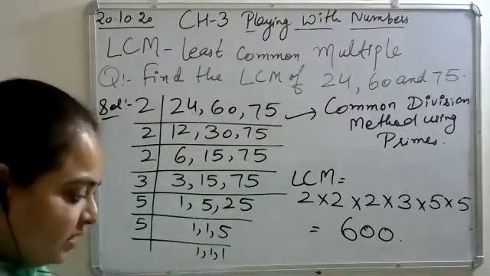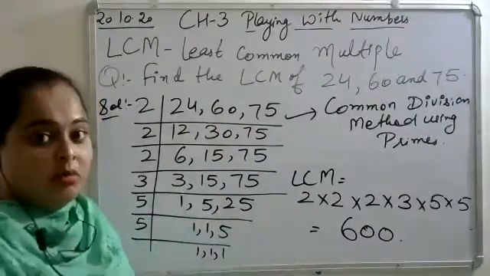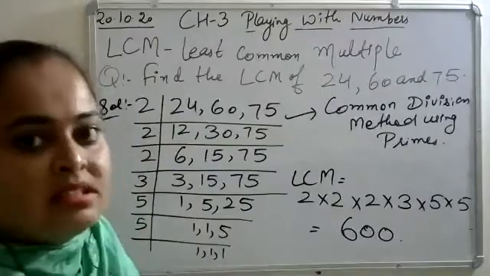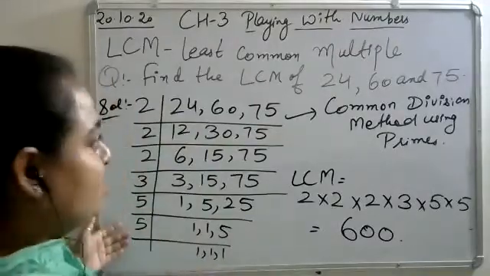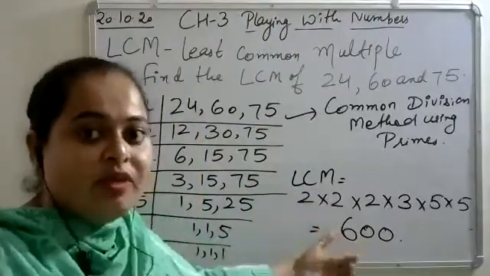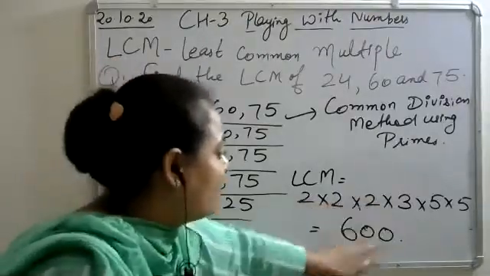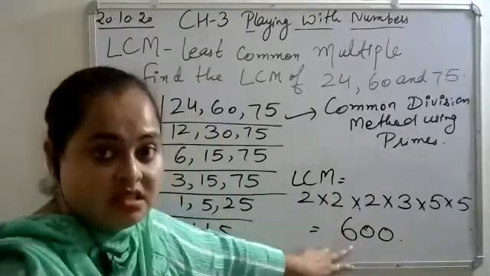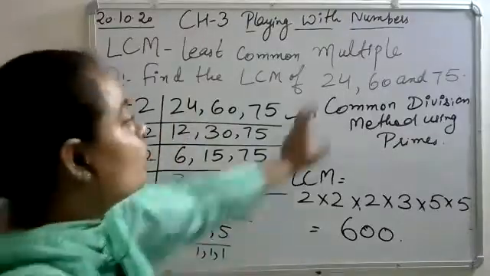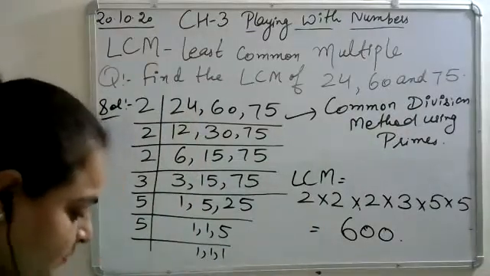Yes, very good, Gaurish and Devang. 600. So this is the difference of name. What do you call this? You call this LCM. But this is not the LCM. This is the prime factorization using common division. This is the LCM: whenever in the end you multiply to get some answer, that multiplication and getting the result is known as finding the LCM. This is not the LCM; this is the method. Which method? Common division method. So the knowledge of names is very much compulsory.